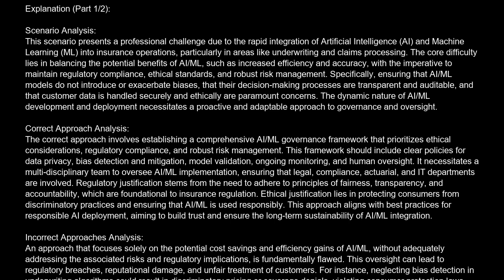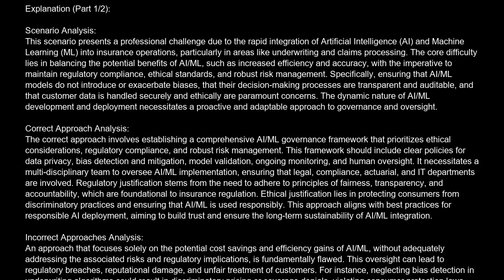AI/ML integration. Incorrect approaches analysis. An approach that focuses solely on the potential cost savings and efficiency gains of AI/ML, without adequately addressing the associated risks and regulatory implications, is fundamentally flawed. This oversight can lead to regulatory breaches, reputational damage, and unfair treatment of customers. For instance, neglecting bias detection in underwriting algorithms could result in discriminatory pricing or coverage denials, violating consumer protection laws